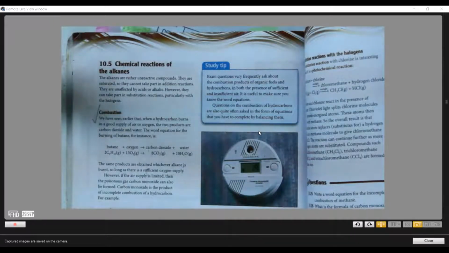Let's move on. What does branching do to the boiling and the melting point of hydrocarbons? Does it increase or decrease? Decrease, and the reason is? In one word, or one sentence. Sorry, I cannot hear you well. Can you repeat? There is not much contact between the molecules.